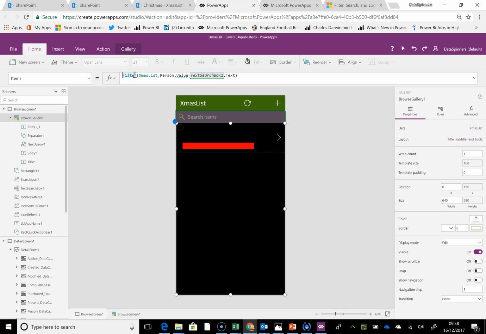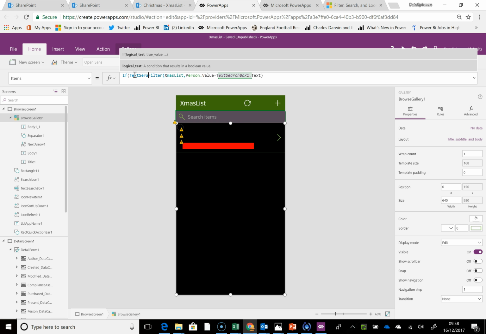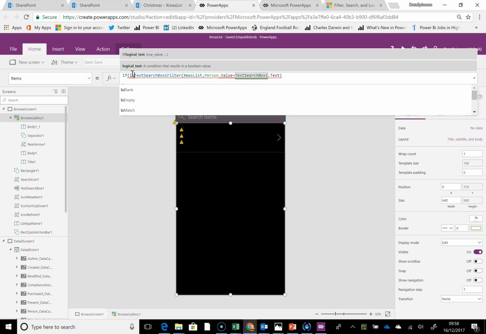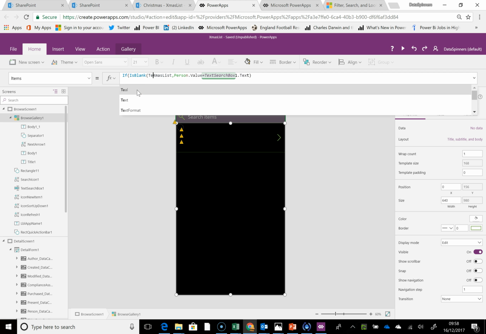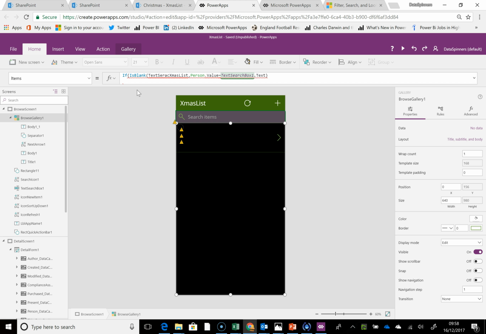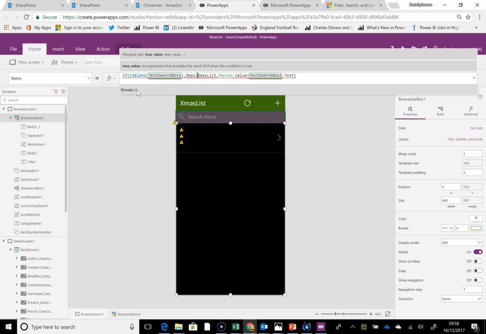So I'm going to say, well, if text search box 1, actually it's an IsBlank function, so IsBlank, and then text search box 1, then Xmas list,